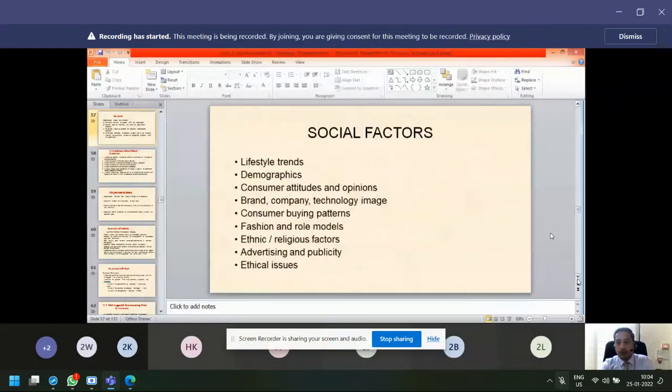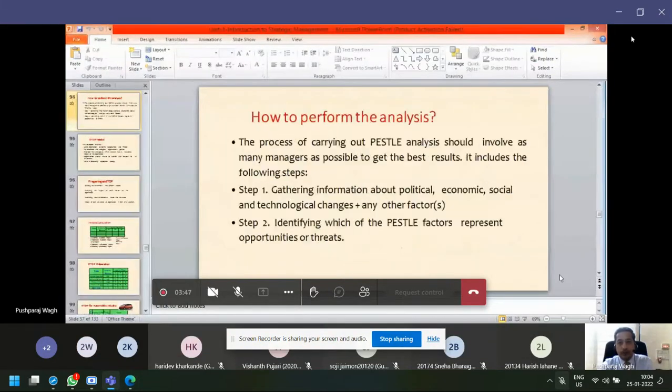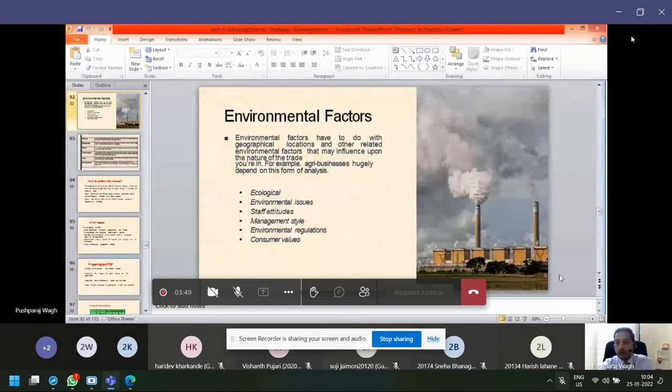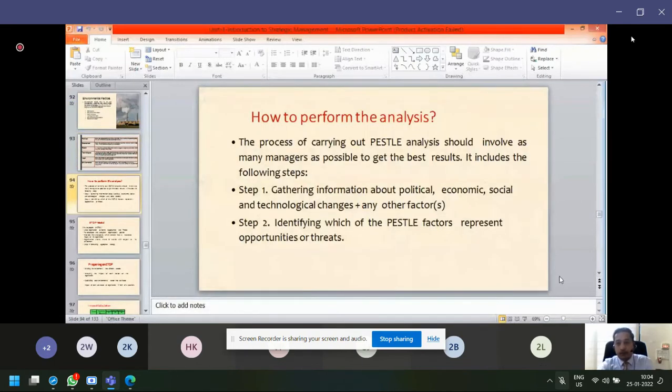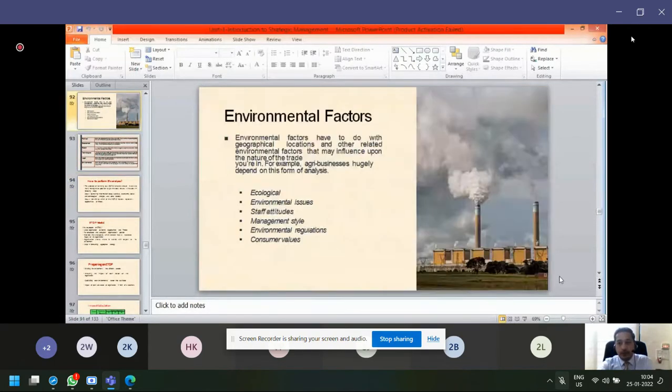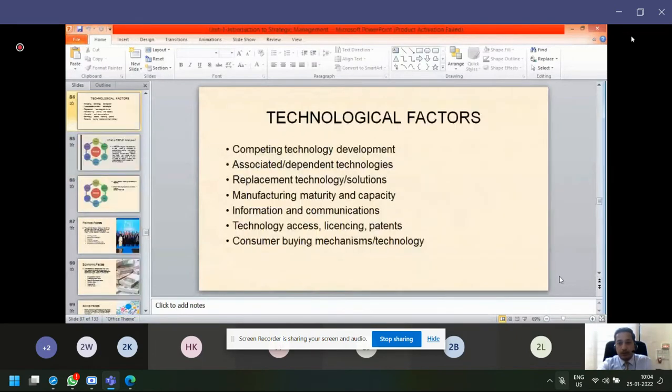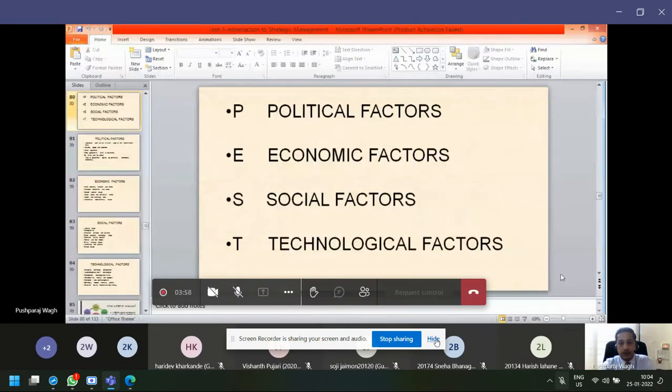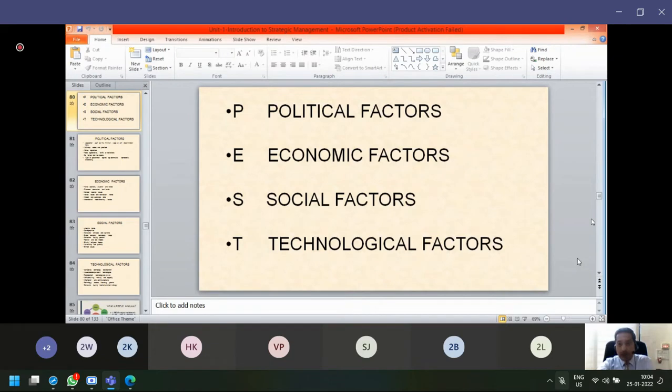that we need to understand while we are managing the organization strategically. And in that, we discussed PEST analysis, that is political, economical, social, and technological analysis,